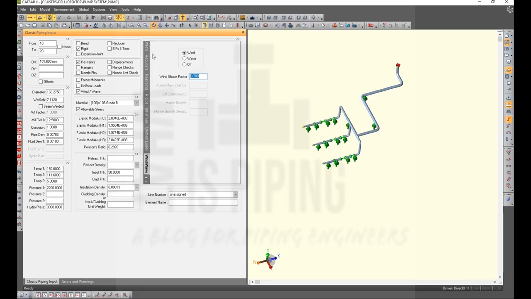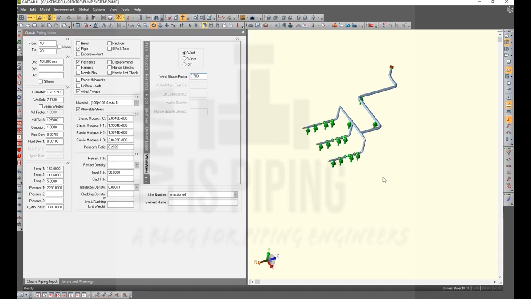If only a few parts of the system are subjected to wind loads, not the complete system, then we can click on this off button for a few elements, and wherever it is applicable we can click on wind.